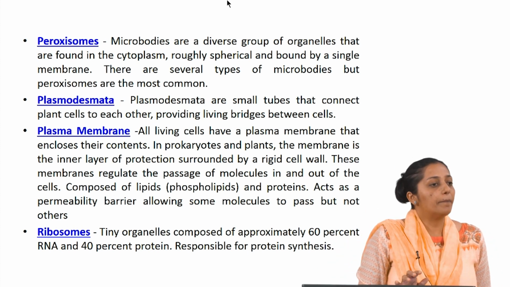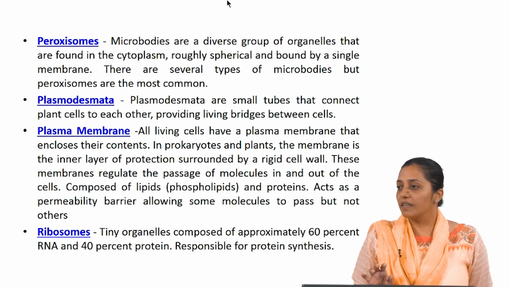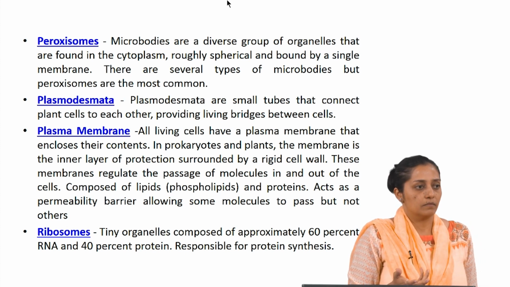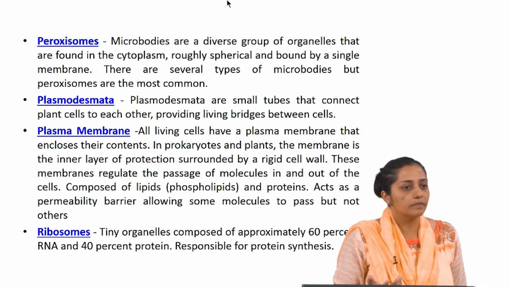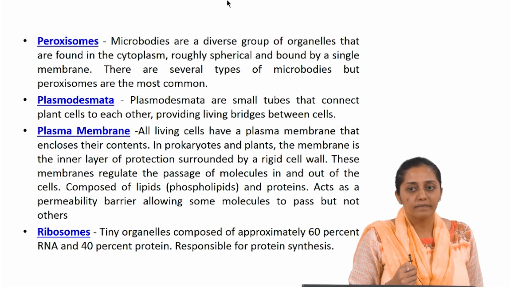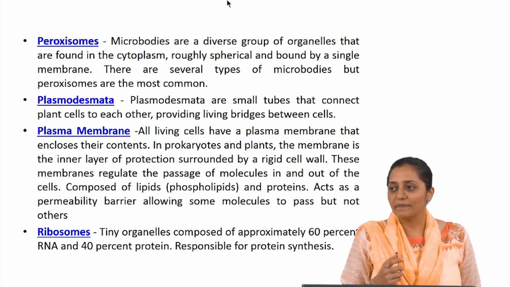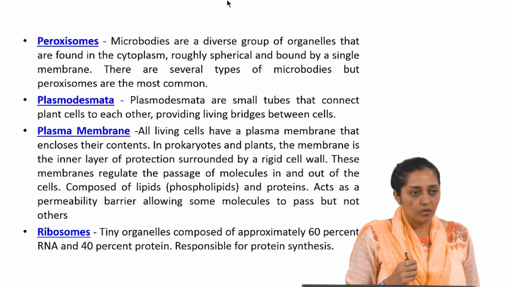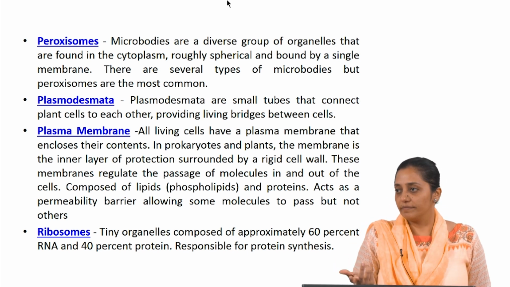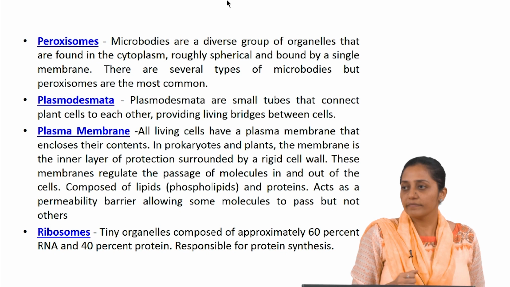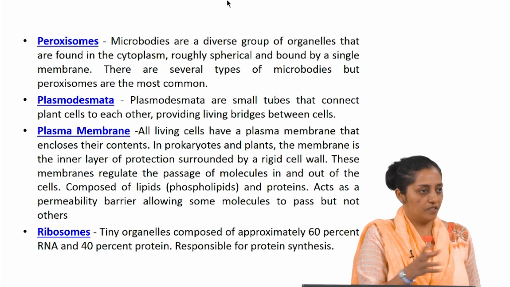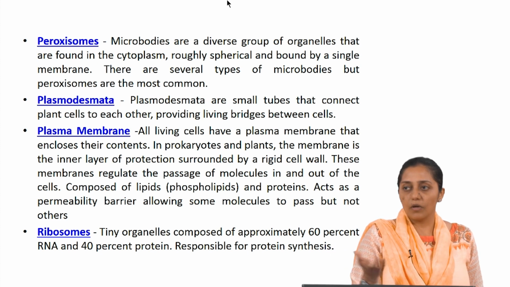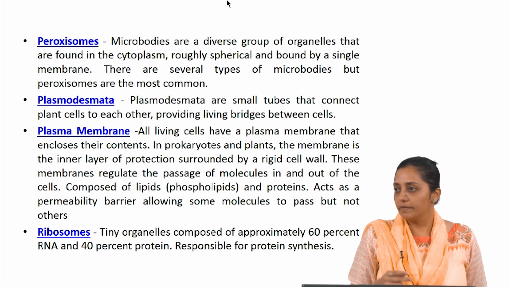Now plasma membrane. Plasma membrane is what? You should be able to tell me. Plasma membrane is? Generally we say it has a PLP structure. What is that? PLP means what? Protein-lipid-protein. So, phospholipids and proteins. There can be some fatty acids. So, phospholipid molecules, and it is a bilayer phenomenon.